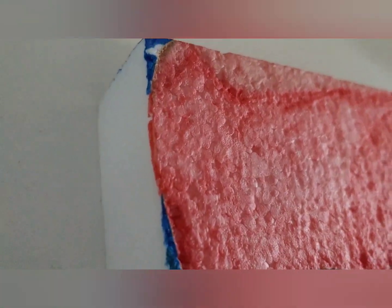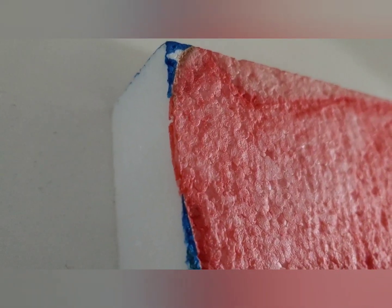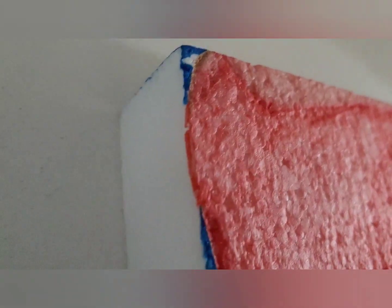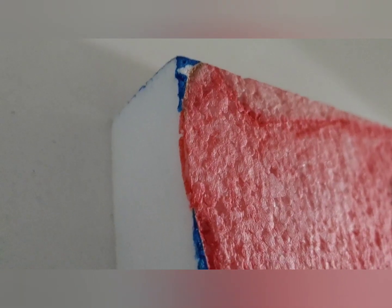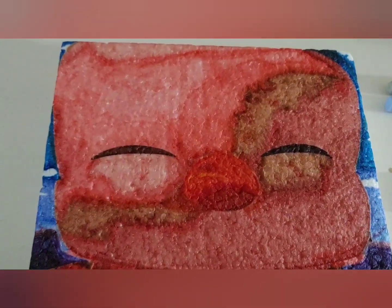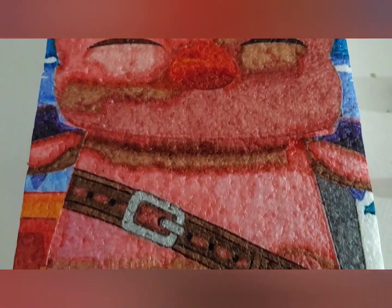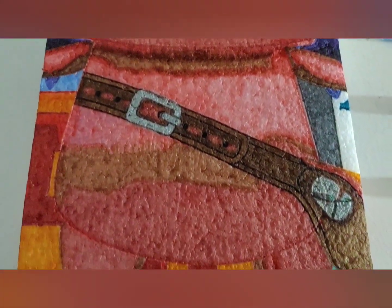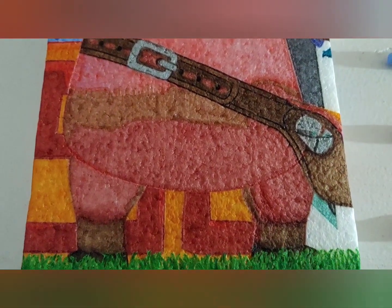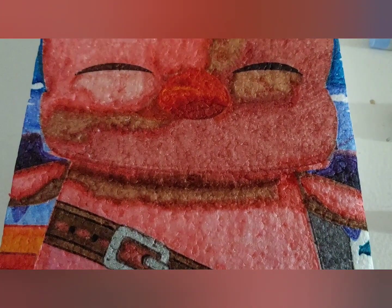Now, what I've done most recently is finish this side of the Moogle's head, finishing it onto this side of the polystyrene block. I worked on the polystyrene drawing both within the past few hours